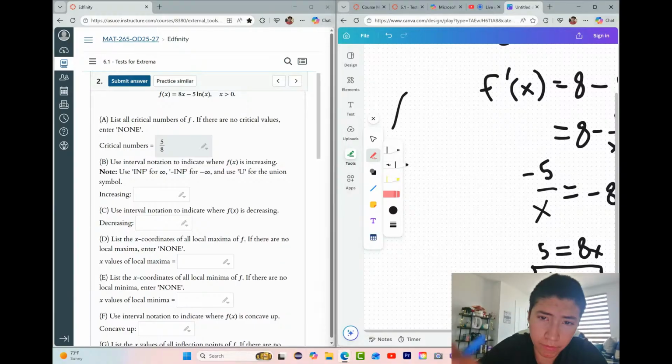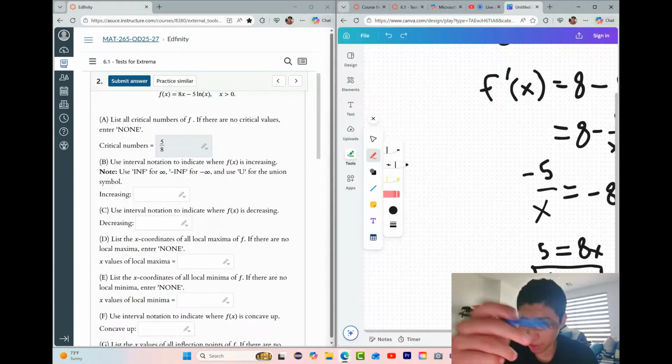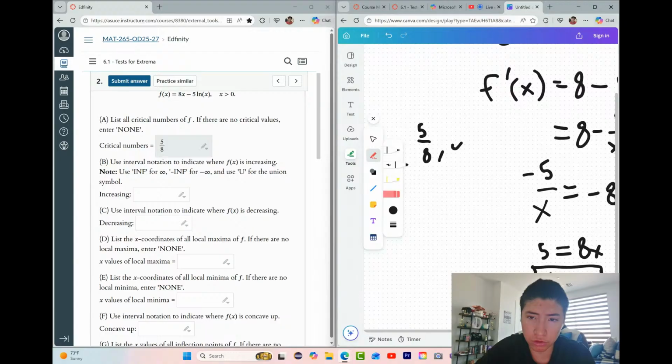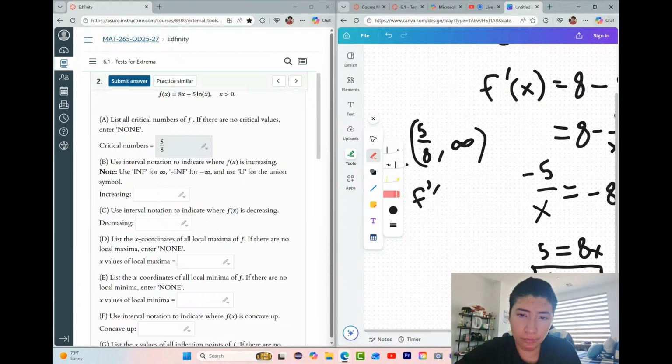Since x is greater than 0, we're not going to check the interval where x is less than 0. We're only going to check from 5/8 all the way to infinity. So picking a random value, 5/8 is less than 1, right? If we pick something like 2, our candidate is 2. We can check whether f of x is increasing by checking whether f prime of x is greater than 0. So f prime of 2,